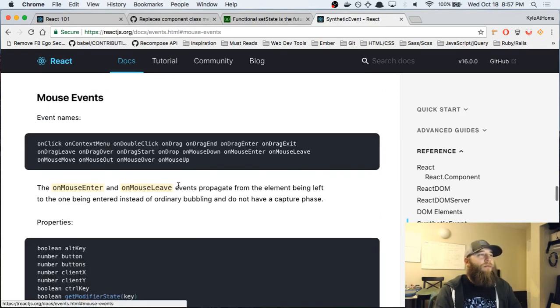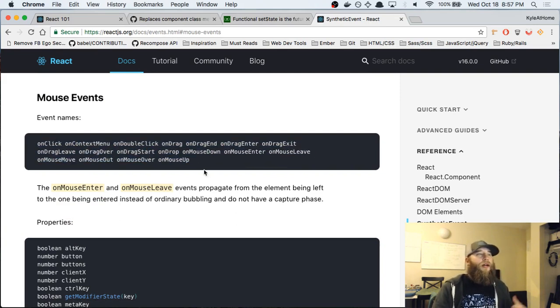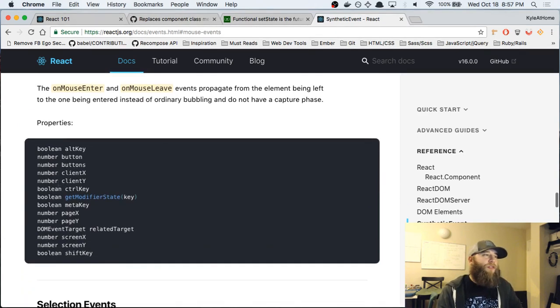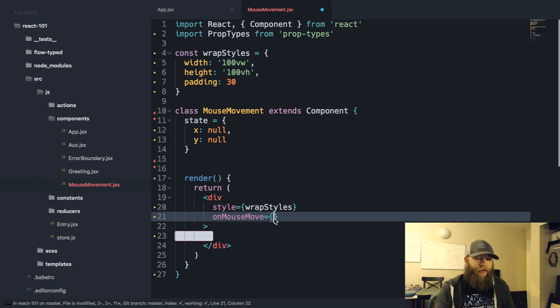Specifically, we can look at the mouse events, and these are all the mouse events available to us. You can see right here on the left OnMouseMove, and you can see what properties you're going to get back from that event itself. We're actually going to use clientX and clientY. So on MouseMove, we're going to need a handler.